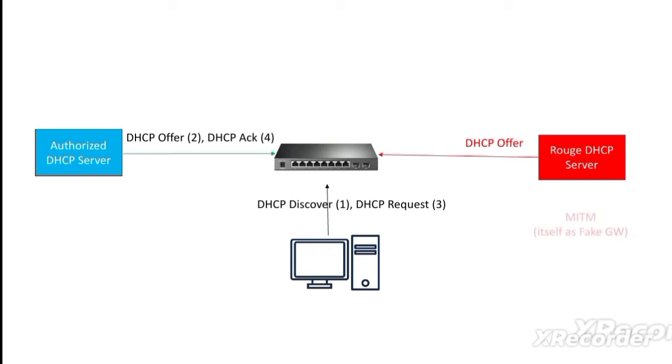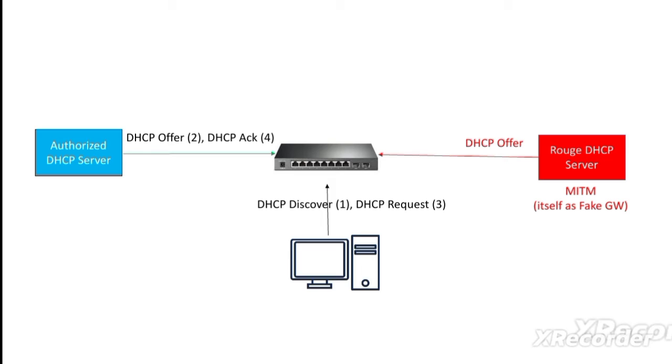So the client will send all its traffic to this fake gateway, that is the hacker machine, and the hacker can perform a man in the middle attack by sniffing all the traffic from the client and then forwarding this traffic to the